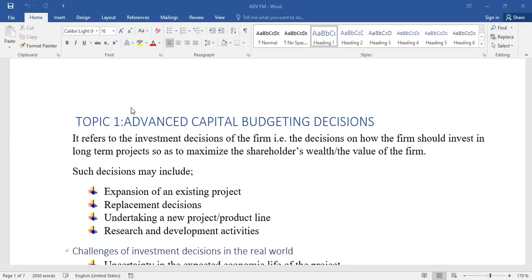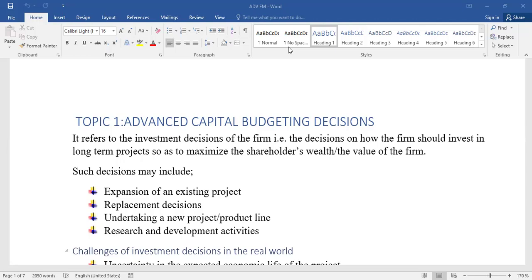In my notes it's topic 1, but under my syllabus, the way I have handled it, it is our topic 3: advanced capital budgeting decisions. It's not a new topic. We used to do it under section 3, as the introduction to capital budgeting decisions, so there was a time you had to face the advanced part of it. In this case, it refers to the investment decisions of the firm, that is, the decisions on how the firm should invest in long-term projects so as to maximize the shareholders' wealth,